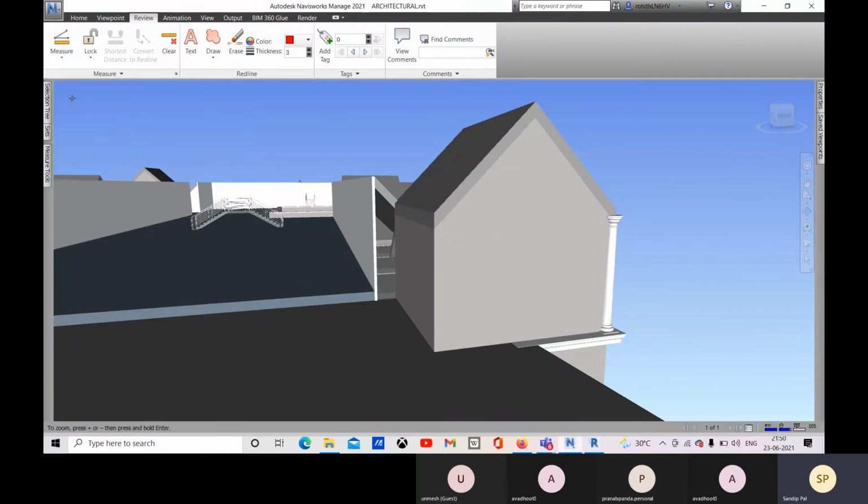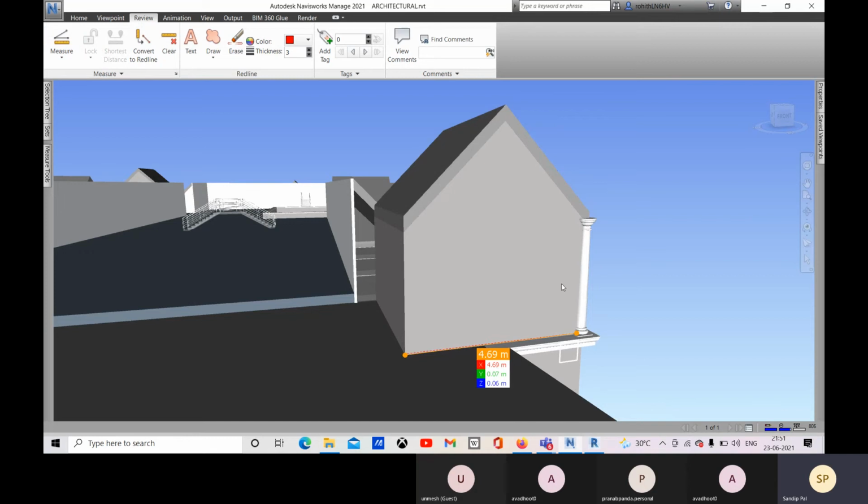Let me show you other options. If you go for point to multiple points, from one single point you can go to others. So if this is the source for your measurement, from this point to this point you want to measure, and again from this point to this point. It will show you from that point. Okay. Control 1 to deselect and escape from the creation, and that is created. You can see.